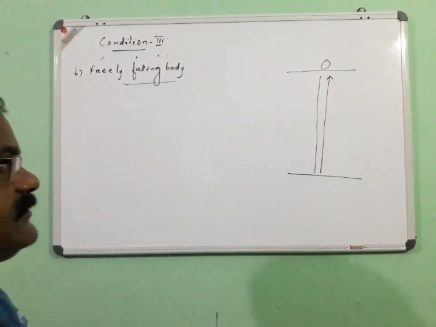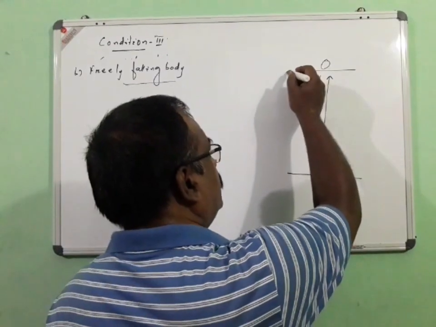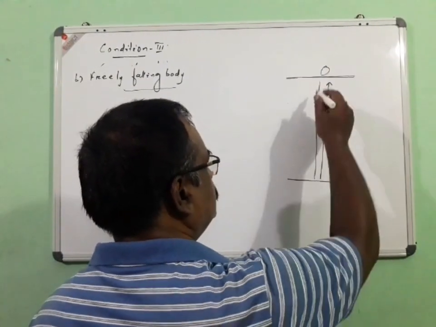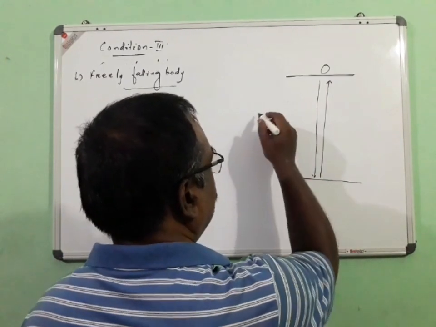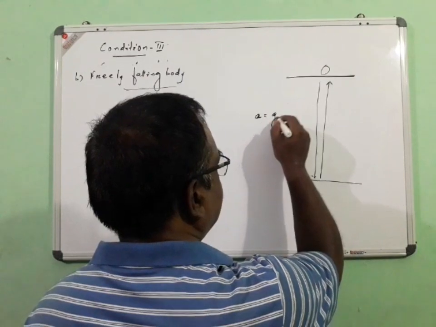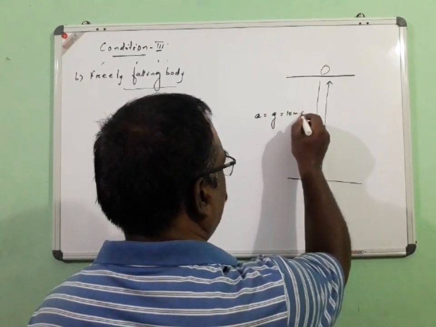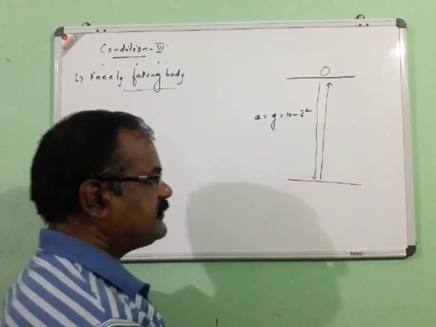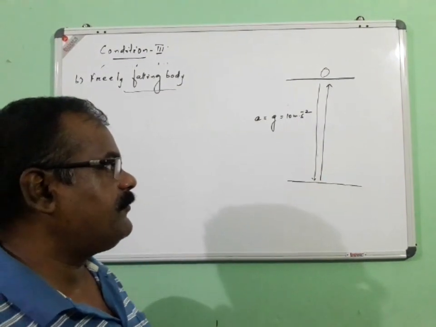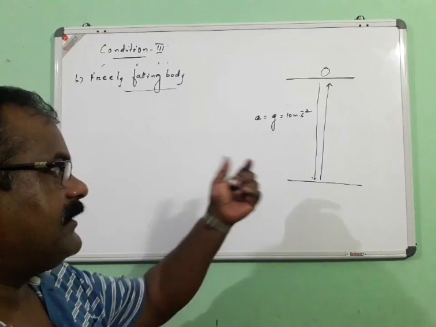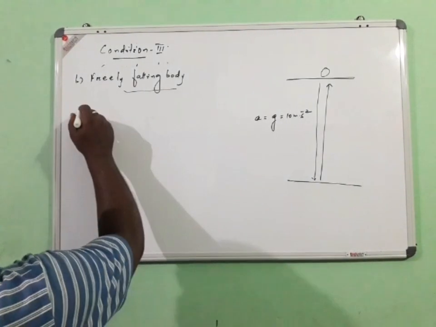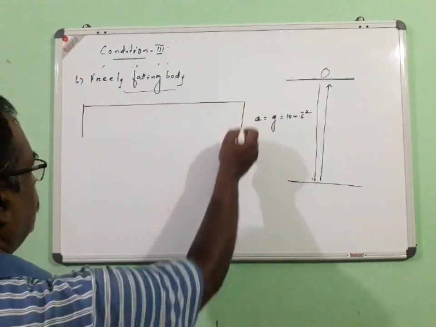So in such cases, just imagine that the body has fallen from a certain height, and as we know that once gravity is acting, the acceleration is uniform. a is equal to g, which is equal to 10 meter per second square approximately. So in such cases we can say that the velocity changes at the rate of 10 meter per second at every 1 second interval. So now, if we plot a graph, we will be getting